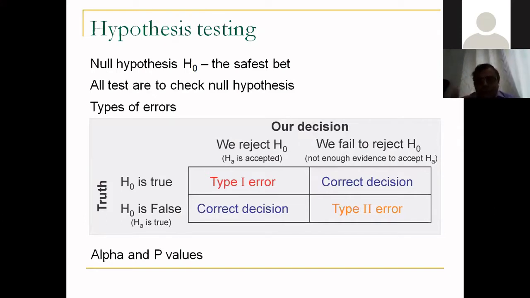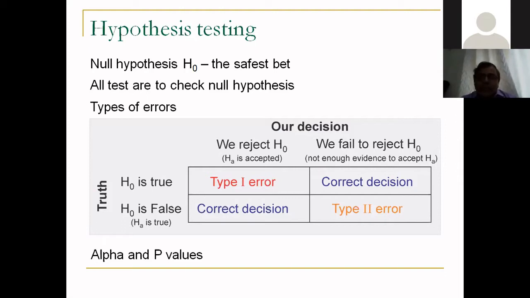But the way in which we go about it is, first we set a null hypothesis. So what is a null hypothesis? Null hypothesis is the safest bet. Many people think that null hypothesis means nothing is present, and no, that is not always the case. In the case of species description, yes, that will be the case. For example, I'll say that my species is similar to other known species and there is no difference between them, will be my null hypothesis.